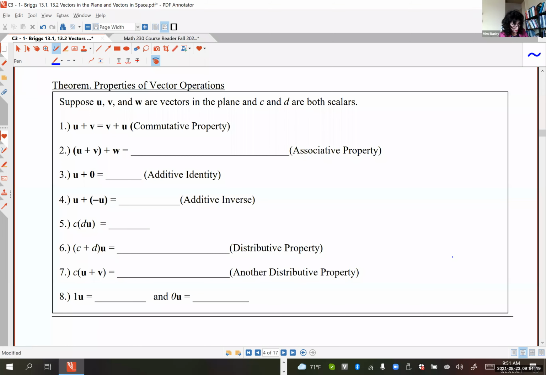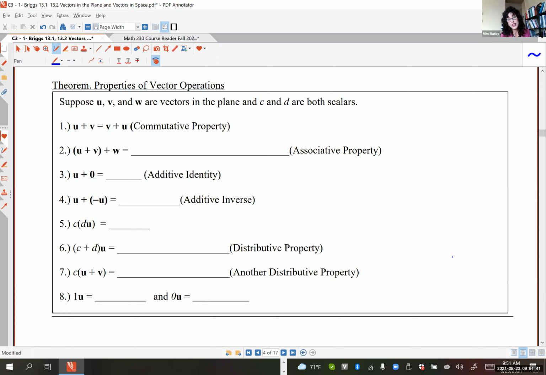And on Wednesday, we'll pick up learning how to unitize a vector, writing a vector with the standard unit vectors, and more, okay? So we'll be resolving a vector into its components next time too. Okay, fun stuff. So this theorem is just